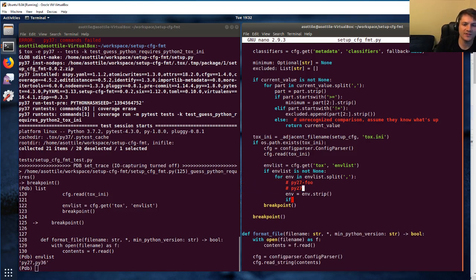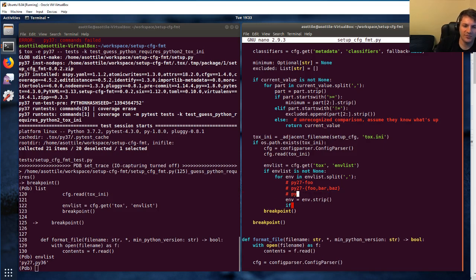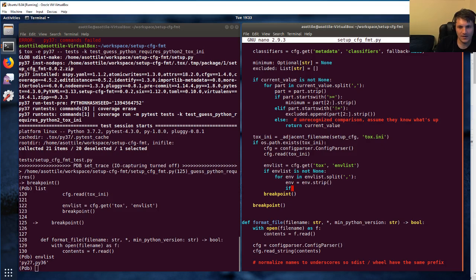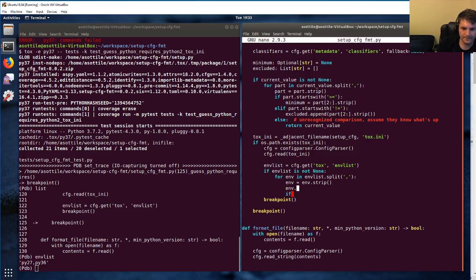Or like py27-123, or like this, I guess. Although I've seen recently people do py273536, which we're just not gonna support. We're just gonna do, I guess we'll just do very simple environments. We'll support things like